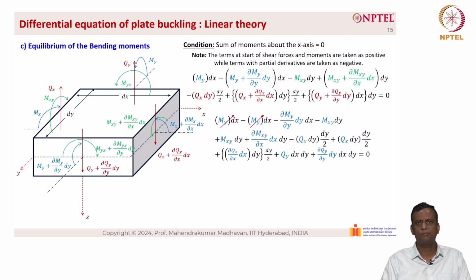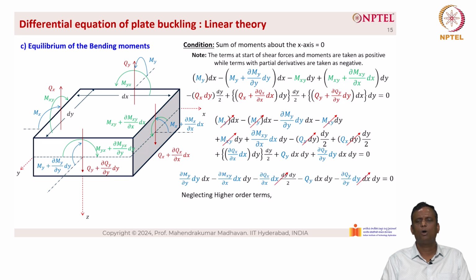We can simplify this further. We can get the terms cancelled out, which is My and minus My. Similarly, Mxy and minus Mxy, and then Qx into dy by 2, and then plus Qx dy into dy by 2. So we get a big equation here. Now this dx into dy squared can be neglected due to higher order terms. So we have this equation: ∂My/∂y minus ∂Mxy/∂x minus Qy is equal